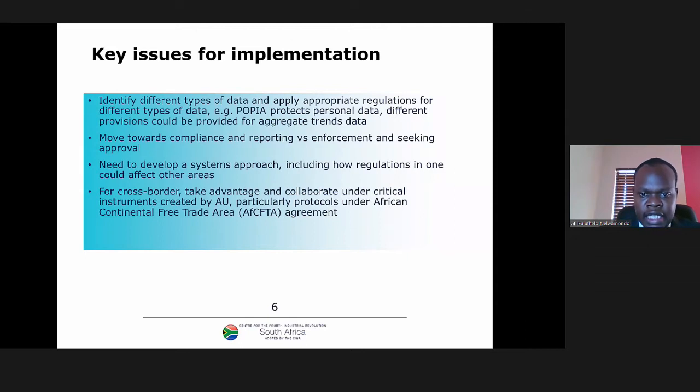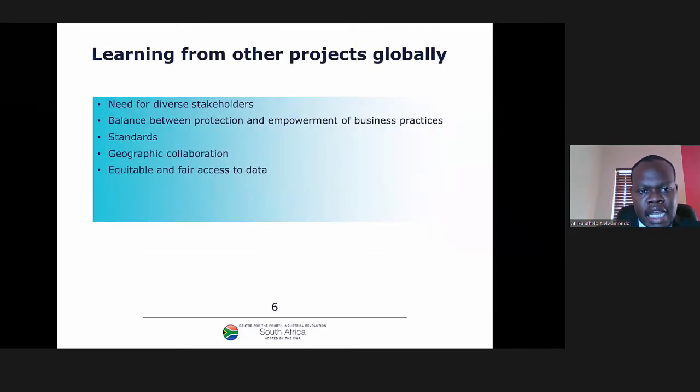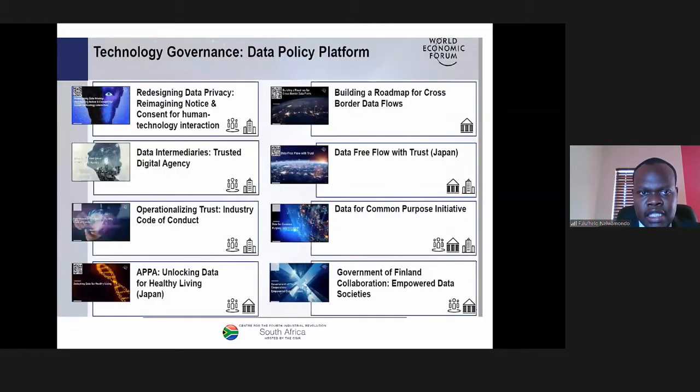Continental Free Trade Area? There's an aspect that I'm not going to touch now, and my colleagues, I think Anne and Chris, will touch on this as well in terms of how one learns from the others. And the whole idea here is to say, how do we then learn from the diverse stakeholders? How do we balance between the protection and the empowerment of business practices, the standards, collaboration, equitable and fair access to data? And similar, in a similar kind of context, you look into what other countries are doing under the